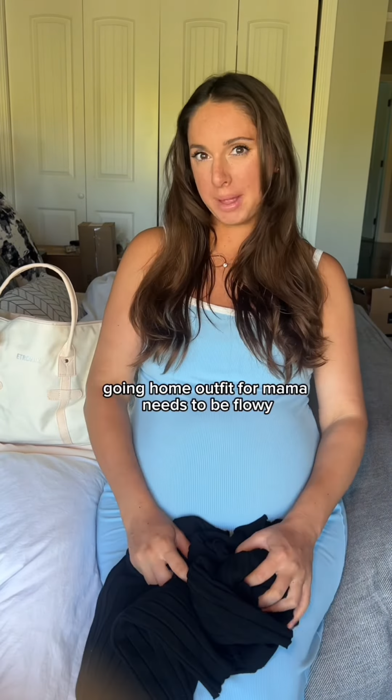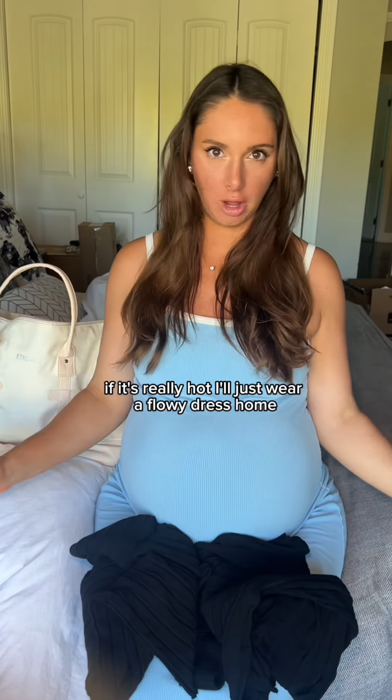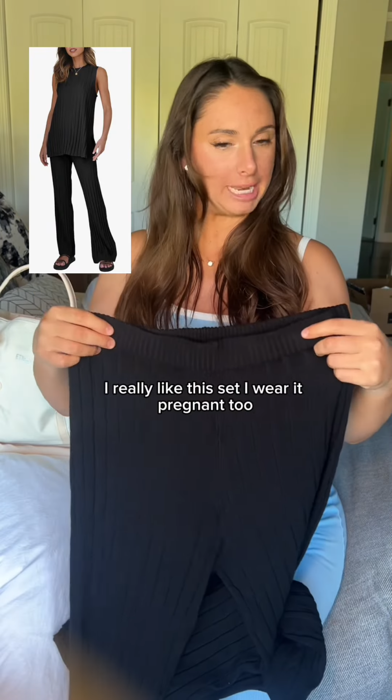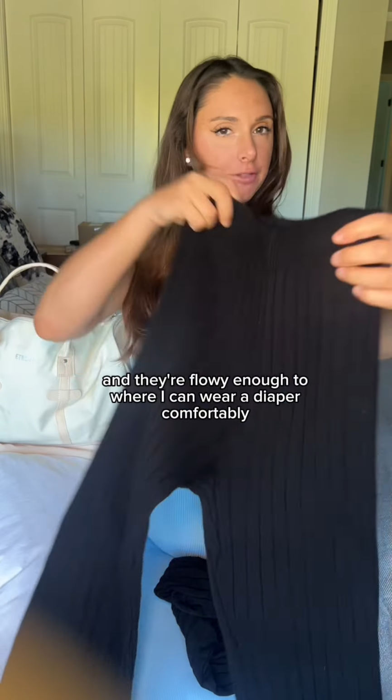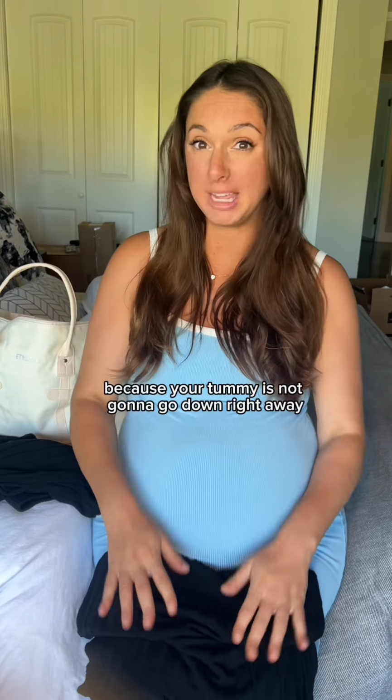Going home outfit for mama needs to be flowy because you will be going home in a diaper. If it's really hot, I'll just wear a flowy dress home or comfortable loungewear that's flowy. I really like this set. I wear it pregnant too. They're truly high-waisted pants and they're flowy enough to where I can wear a diaper comfortably. And the top is also a little bit flowy, which is something you want because your tummy's not gonna go